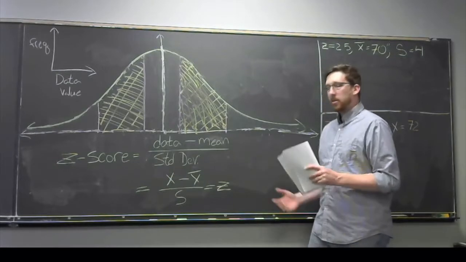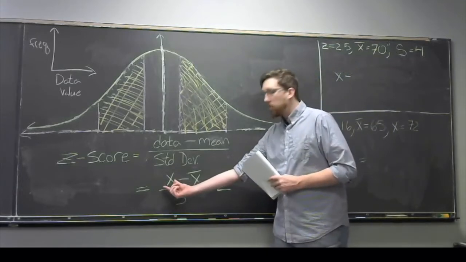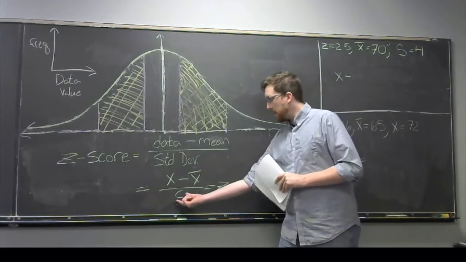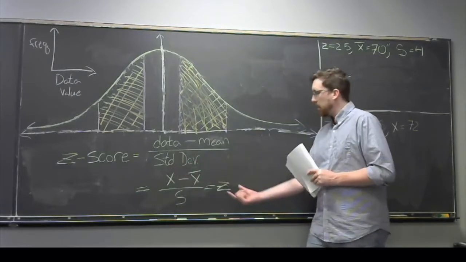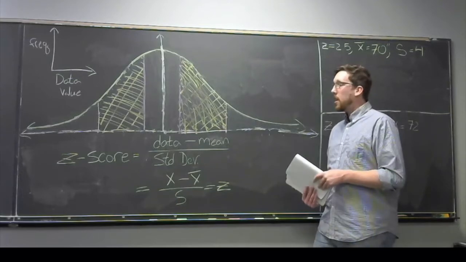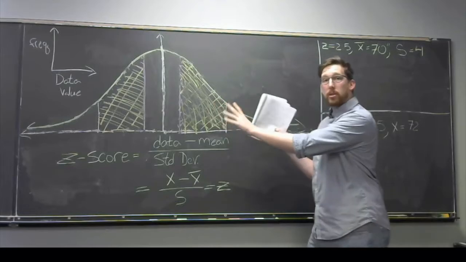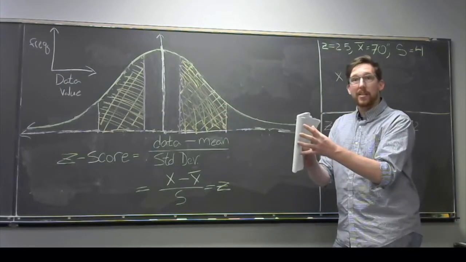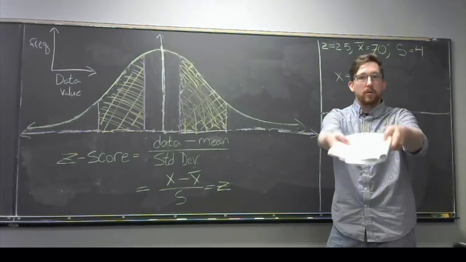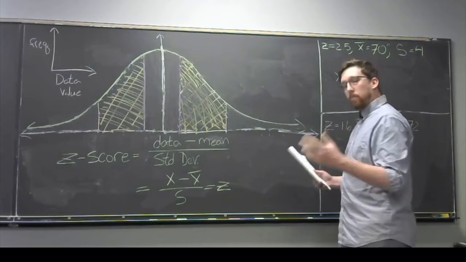And oftentimes it's convenient to write this in symbolic form, so we'll just write x minus the mean, x bar, divided by s, our standard deviation, is equal to z. All this really does is take everything we know about the normal distribution, compactify it, and put it in a nice little package for us and say, here you go. Use this to find other things about this. So, as an example,